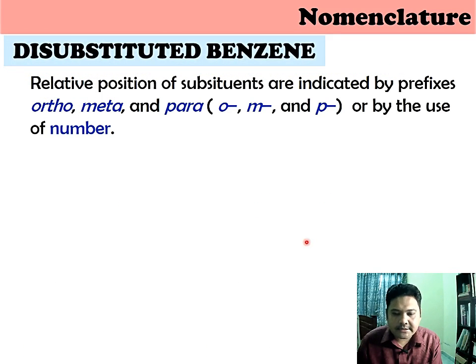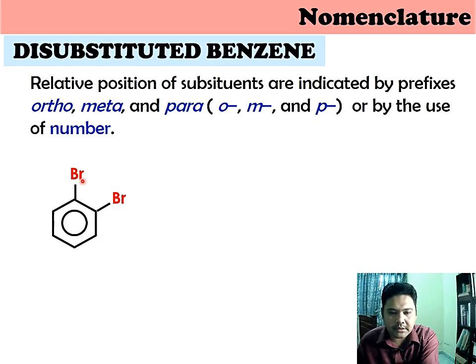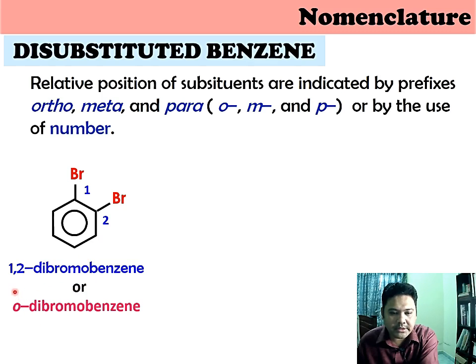For disubstituted benzene, which contains two substituent groups, formally we use the prefixes ortho, meta, or para to indicate the position. For example, 1,2-dibromobenzene we can call ortho. Ortho means the positions of carbon 1 and carbon 2. We can simplify it as ortho-dibromobenzene. 1,3 is meta,